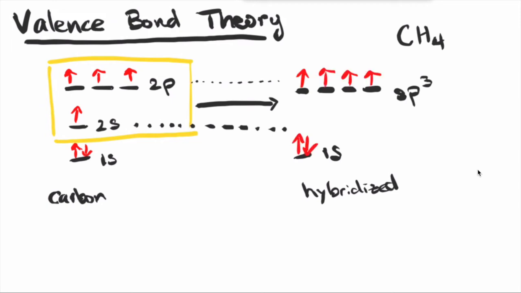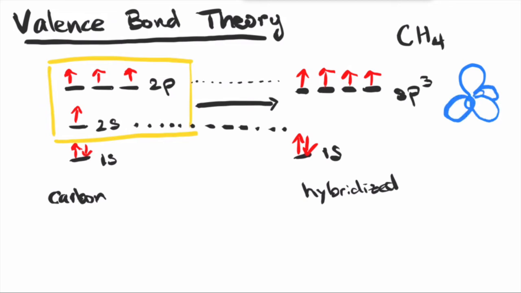Now that we have the sp3 hybridized orbital, we no longer have the constraint of the px, py, pz geometry. Instead we have an orbital called sp3, which looks a little bit like a p orbital that's a little bit more bloated on one side. If you combine 4 of these orbitals together, they will try to be as far away from each other as possible. Since there are 4 things, the geometry it will take is called tetrahedral. If I drew in the sp3 orbitals for carbon, it would look like this.